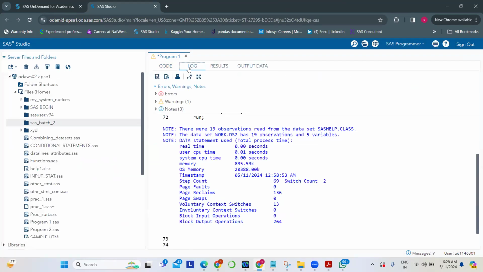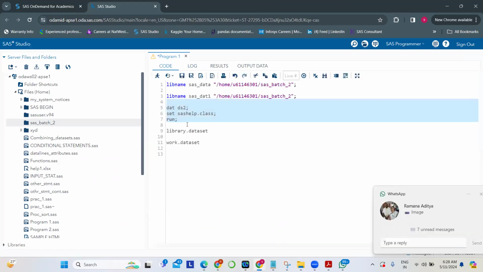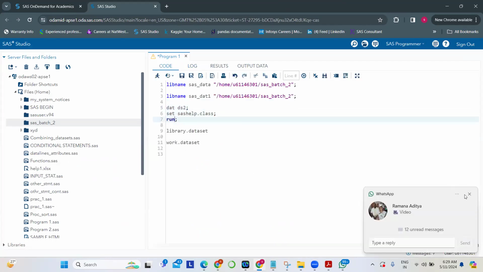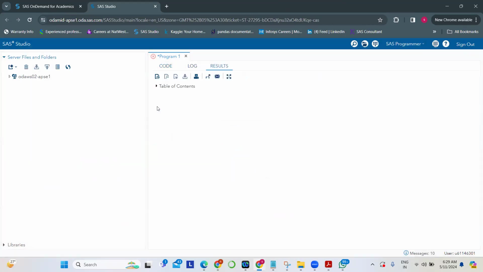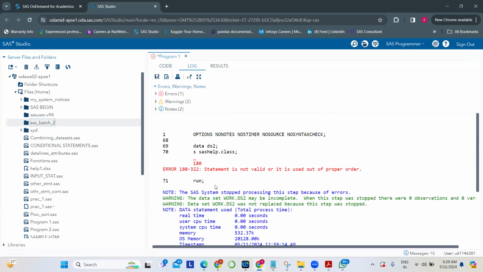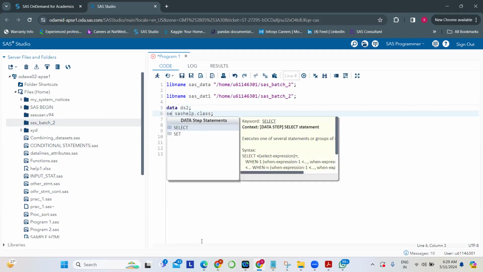SAS has its own system of assuming a symbol as data, but that's not the one. This is the syntax check. We see here the statement is not valid or not used in proper order, because we only use S instead of that. If you use SC,